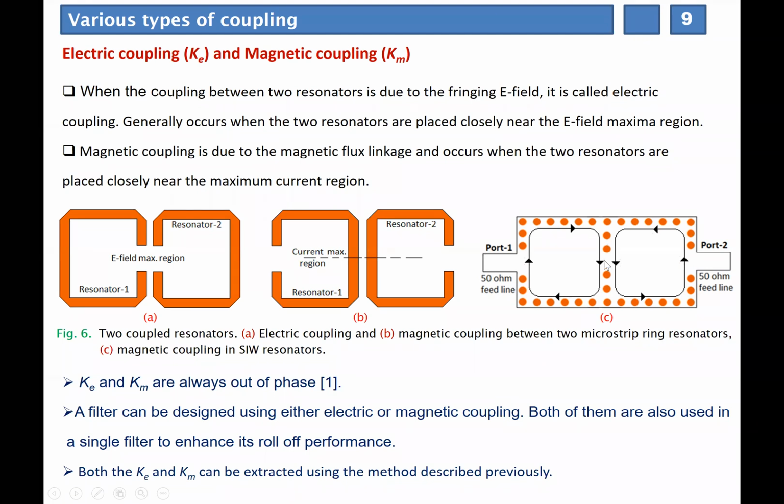So here the ring line shown in black, that is one path of the magnetic field. That means this is the line of magnetic field I have shown here for TE101 mode. So the energy coupling between these two resonators here is again due to the high current. That means at the wall the current is maximum because the electric field is again zero due to that electric boundary condition. So here the coupling is magnetic in nature.